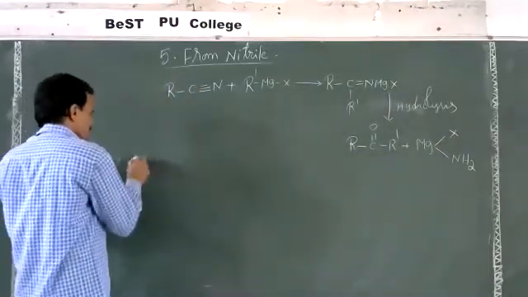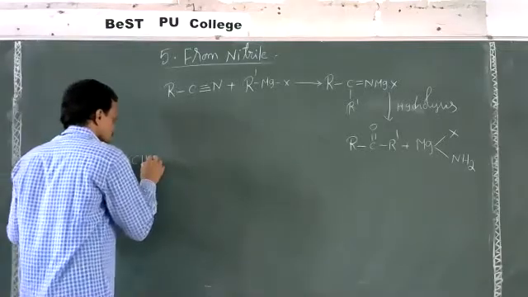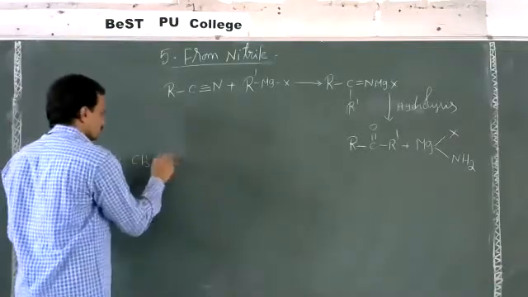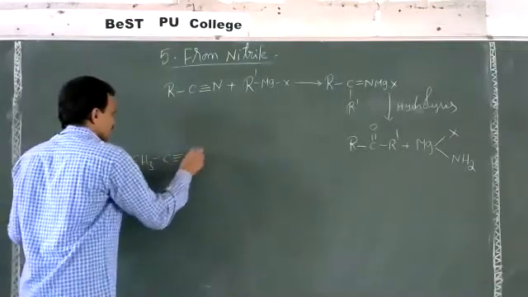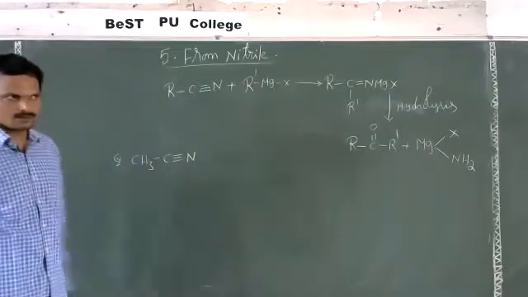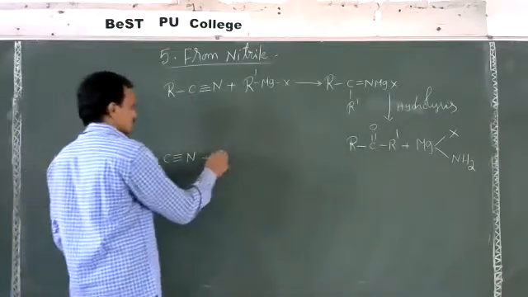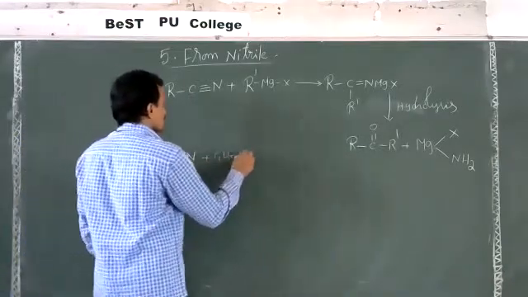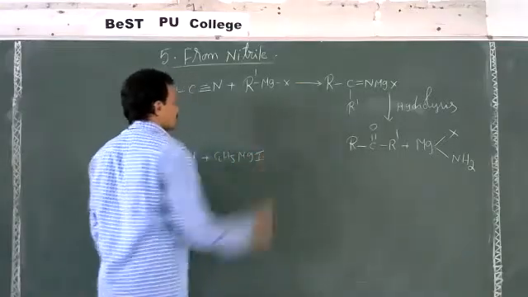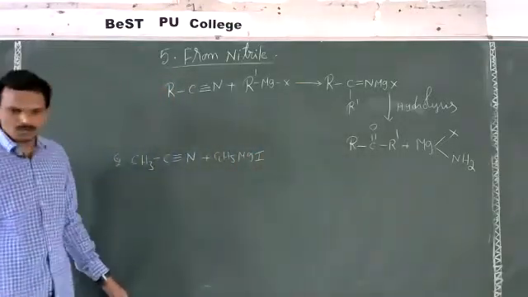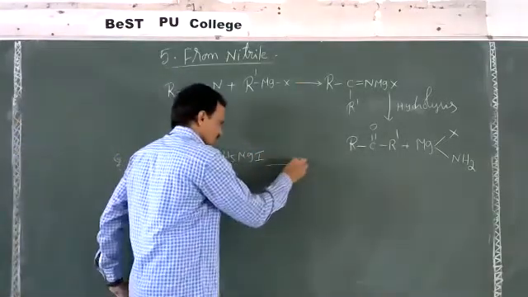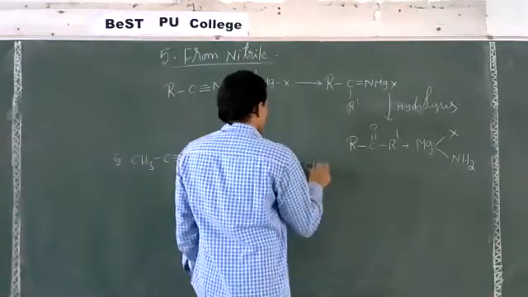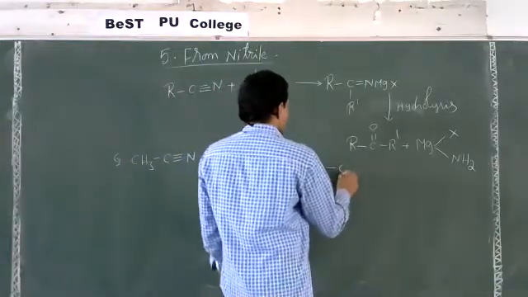For an example, CH3 CN, a nitrile, plus C2H5 MgI, ethyl magnesium iodide. Then what we will get first here? We can get CH3C,